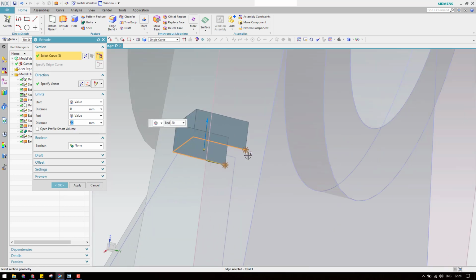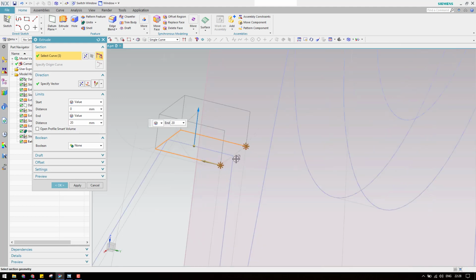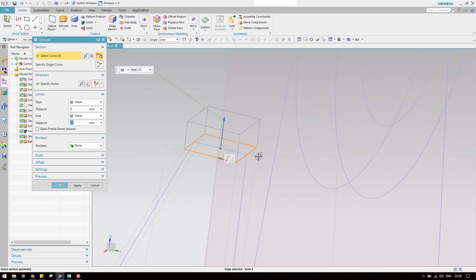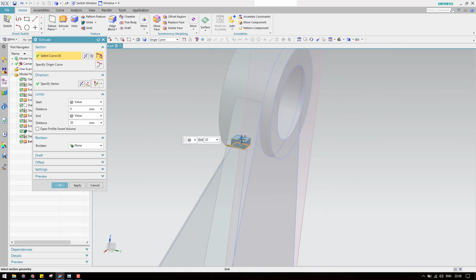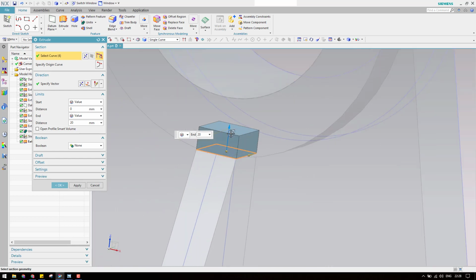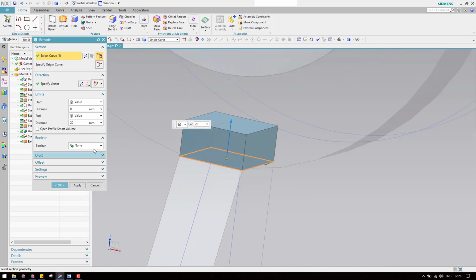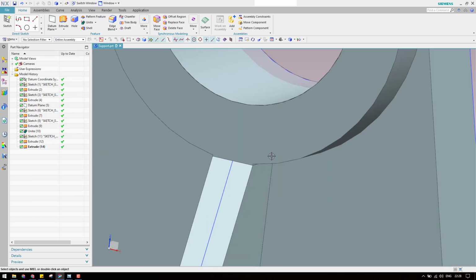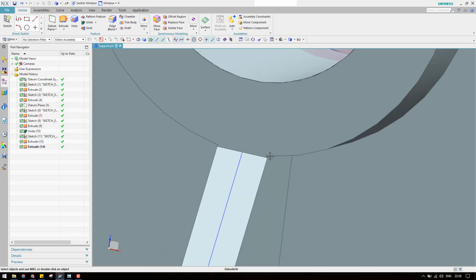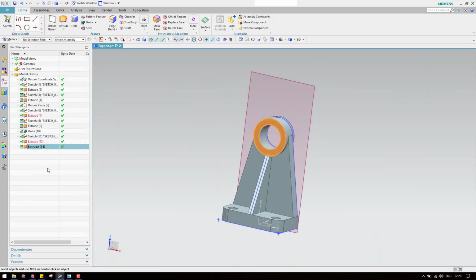We cannot see that, so you can go to shaded views here and static wireframe, and now you are able to select this. Then you can change it back to the previous one, and see, this is the way. And now you can go to unite and select this body and click OK. Now as you can see here, this is completely touching each other.